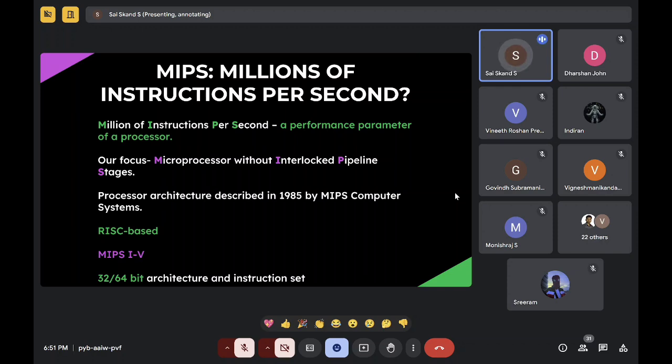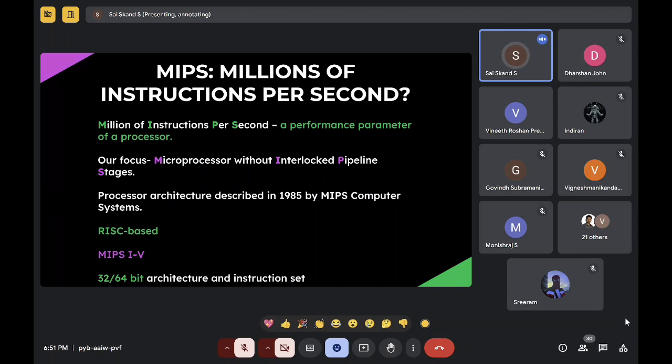Okay, there are 5 designs for this. We have mentioned them as MIPS 1 to 5. You're all familiar with digital electronics, so I think it will not be a problem. Basically we have 32-bit and 64-bit architectures and instruction sets. You might be familiar with all of this. In our laptops itself, we know 32-bit and 64-bit processors. The 32-bit ones are the older versions, and 64-bit are for the newer ones, MIPS 4 and 5. The old 32-bit is for MIPS 1 to 3. So we'll be focusing on 32 bits.